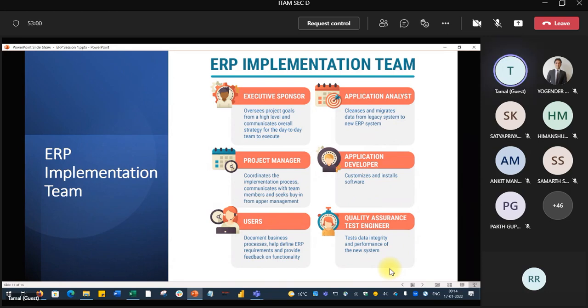Now you see there is something called application. Where are you? Tell me. In the rest, there are four roles: application analyst, project manager, application developer, and quality assurance test engineer. Where are you? Tell me.